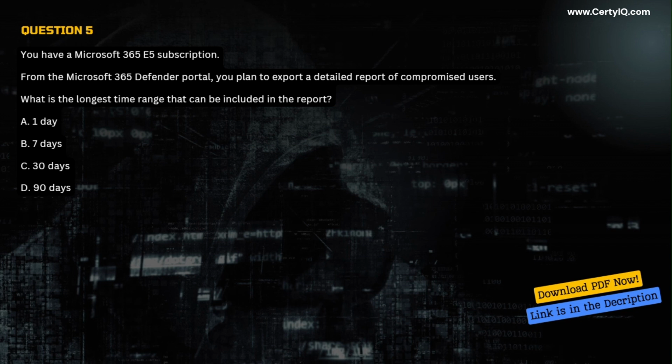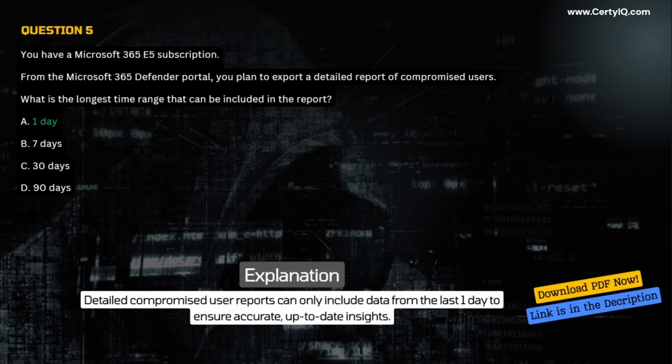Question 5. You have a Microsoft 365 E5 subscription. From the Microsoft 365 Defender portal, you plan to export a detailed report of compromised users. What is the longest time range that can be included in the report? A. 1 day. B. 7 days. C. 30 days. D. 90 days. Correct answer A. 1 day. Explanation. Detailed compromised user reports can only include data from the last 1 day to ensure accurate, up-to-date